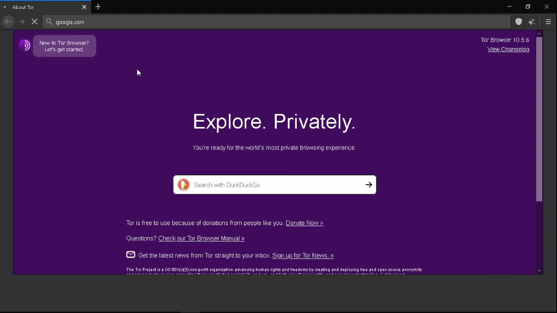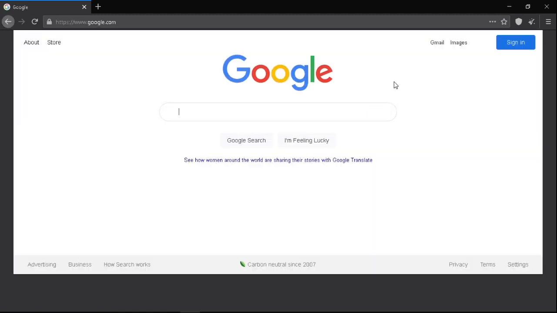It will take some time because your traffic is going from the first node, second node, third node, and then to google.com. So it's not like a 1 second process or a half a second process. It will take time, right? One more thing before continuing to google.com or before continuing to the dark web, because right now we are on the surface web,